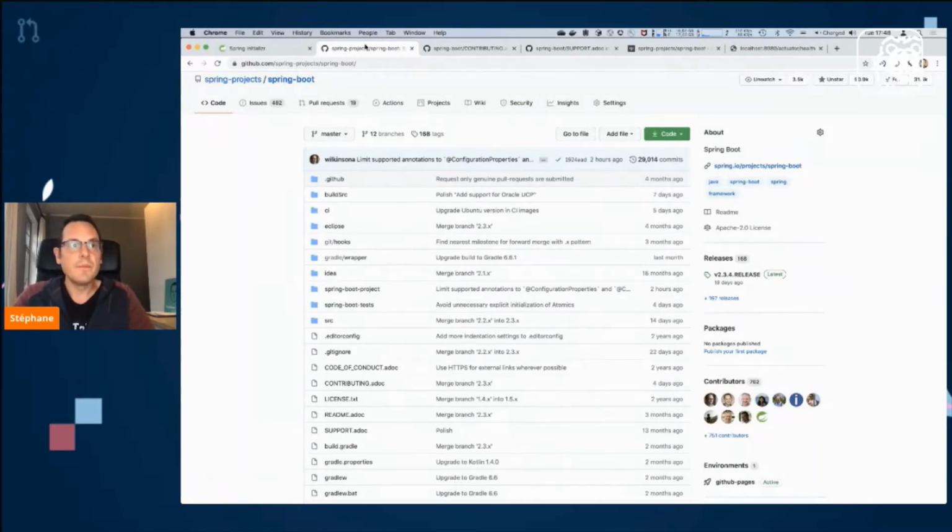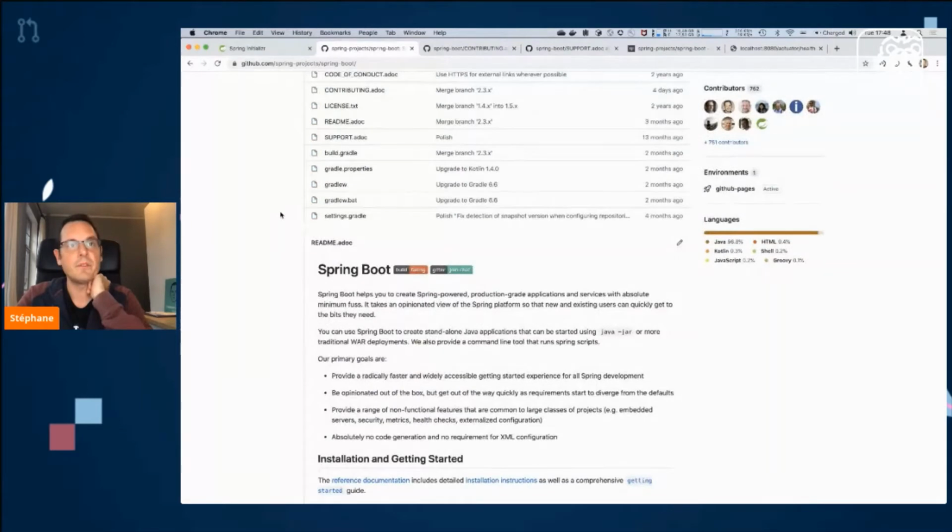Spring Boot is on GitHub. So if you Google Spring Boot, it's probably one of the top hits. It's in the Spring Projects organization. If you look at this project, you'll see that there are a number of resources in the home directory. In the README, you'll get some help to get started with the project, and where you can find documentation, where you can submit issues. That's usually a good place to start if you're new to the project, because